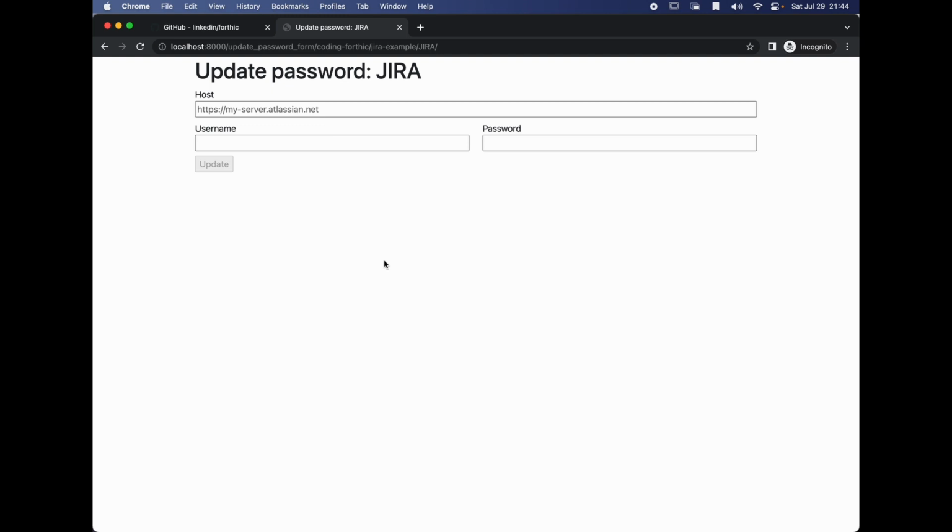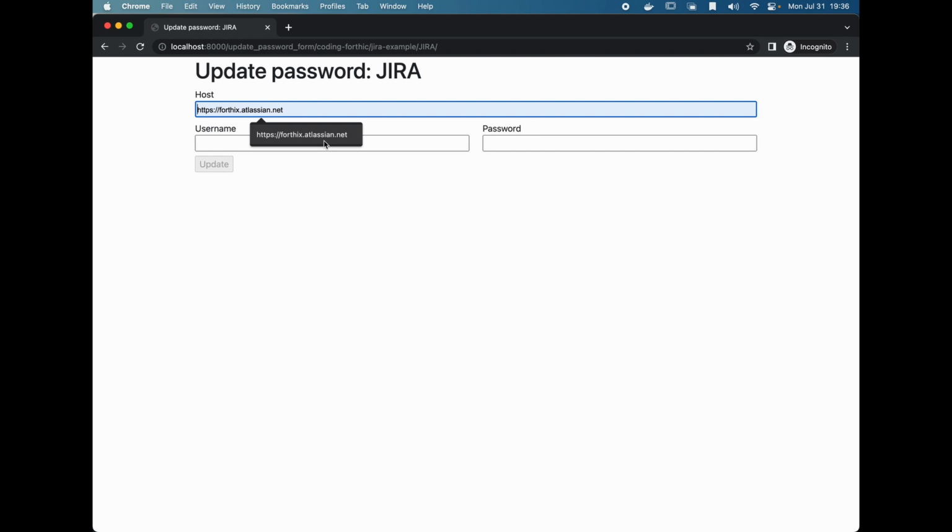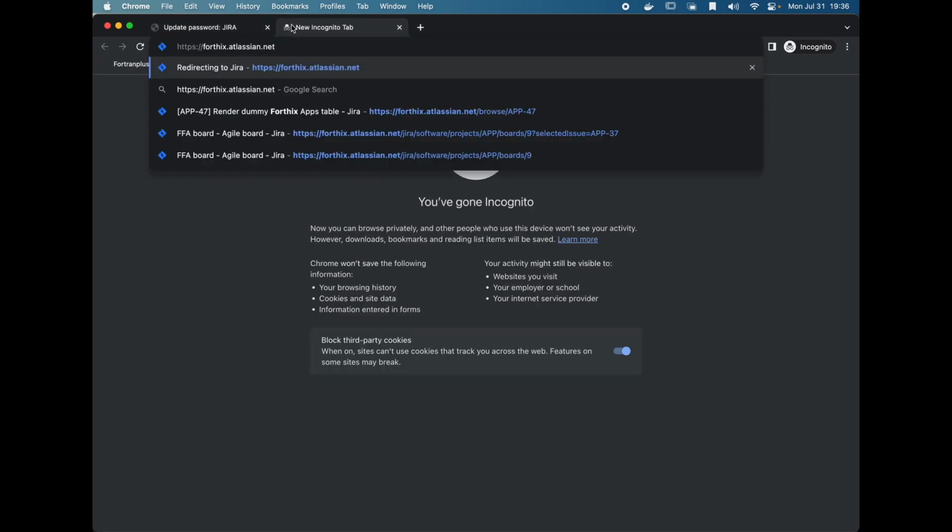So the next step is to figure out how to get a Jira API token. The first thing is to enter the host of your instance, and this is what you set up when you set up your Jira account. Mine is forthix.atlassian.net, so I'm going to add that into the host here. And then the next thing is to just go to that site